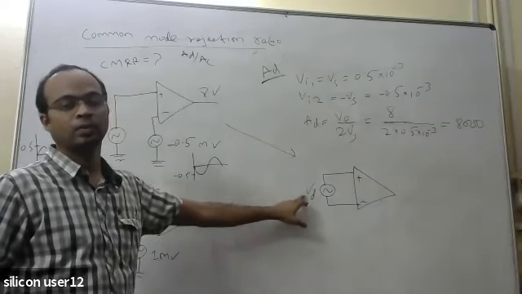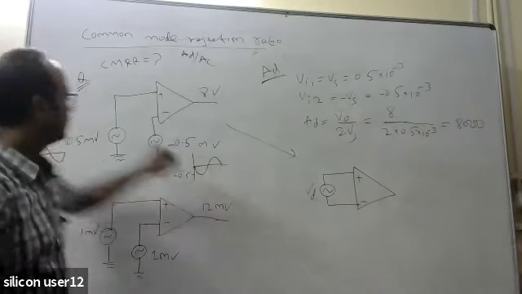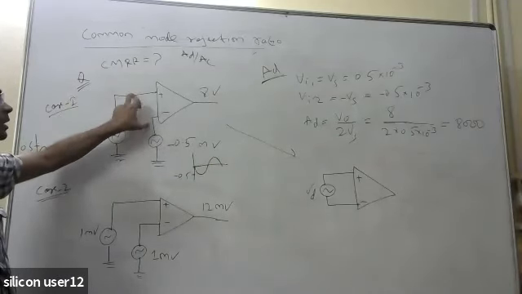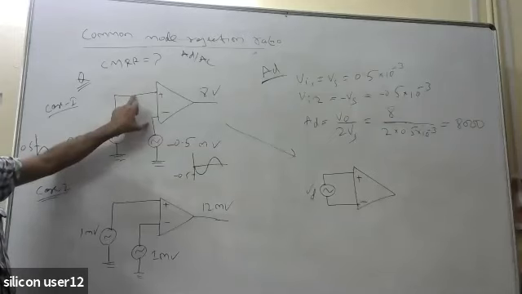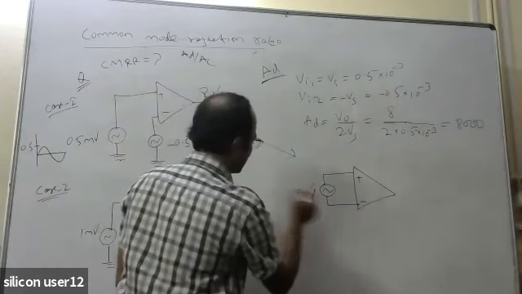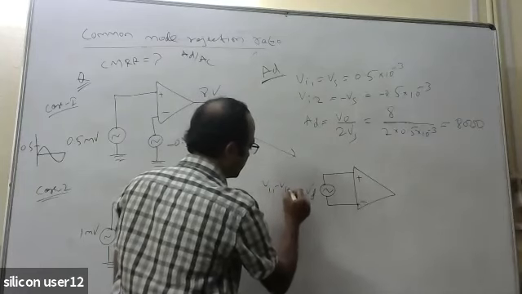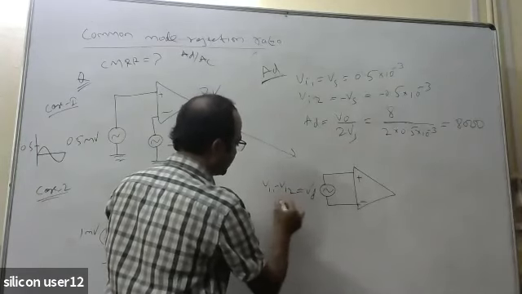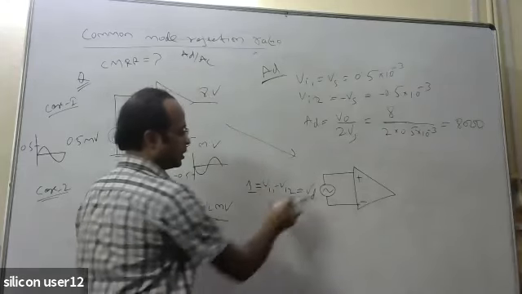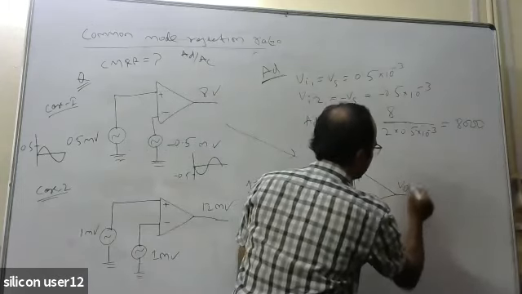I am giving 0.5 here and minus 0.5 here. So the difference between the two, the differential component Vd, is 1 millivolt, because this is equal to Vi1 minus Vi2, and its value will come as 1 millivolt. So this is the differential component you are applying, and at this condition your V0 is equal to